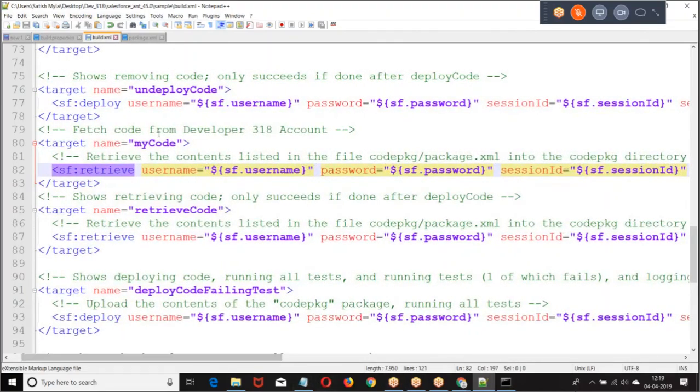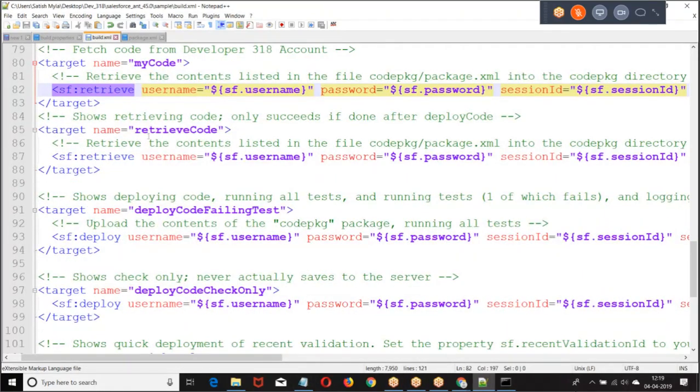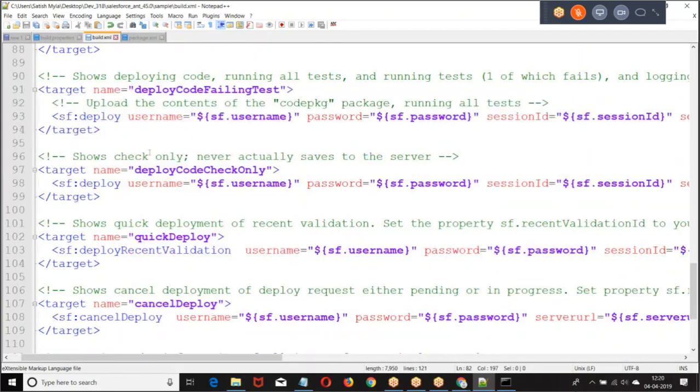We need to define a target. Deploy the code.